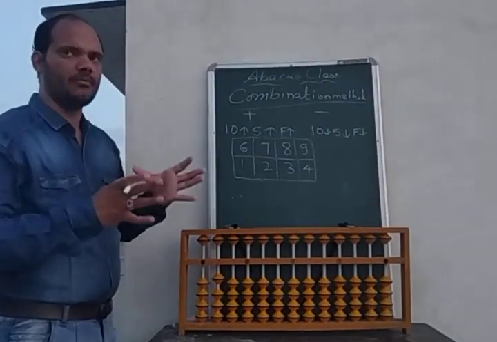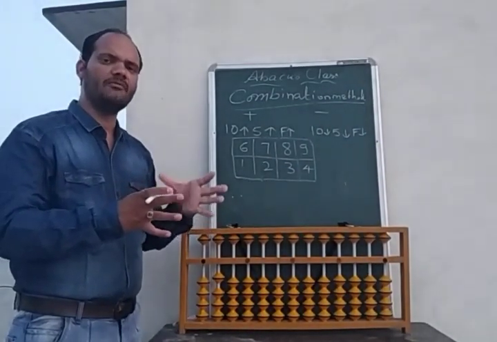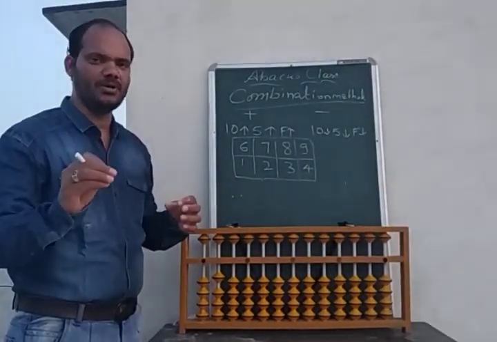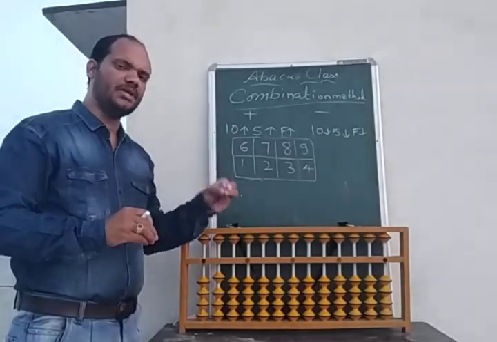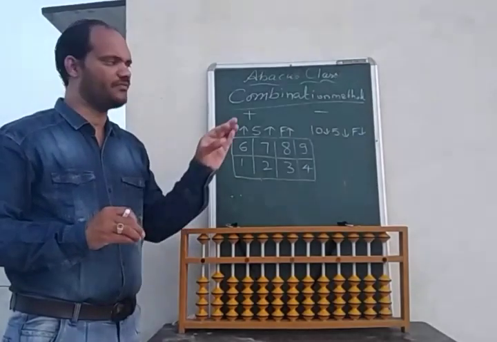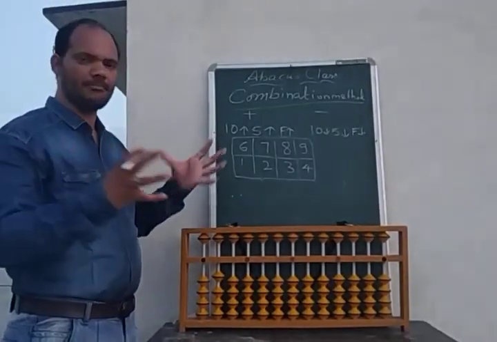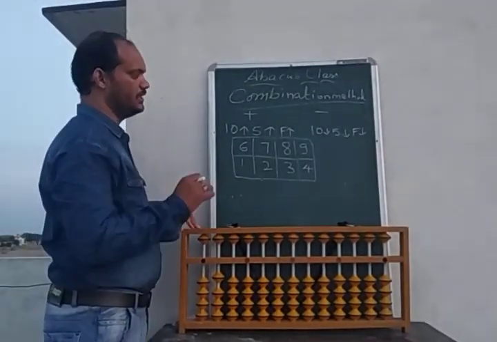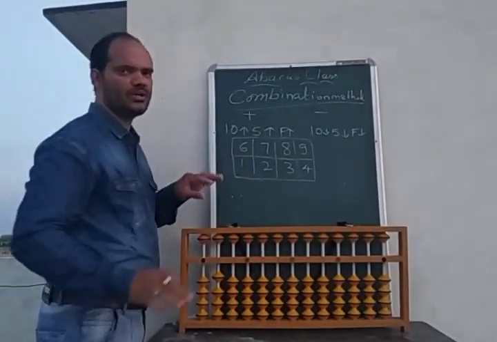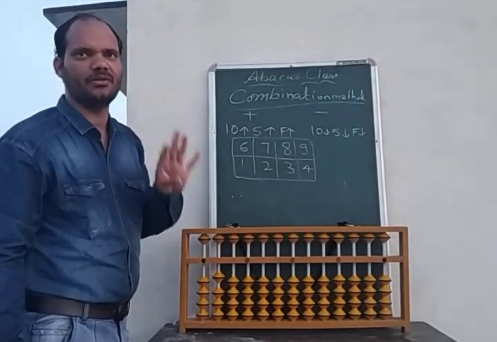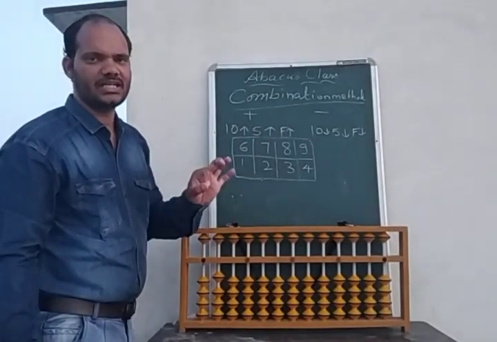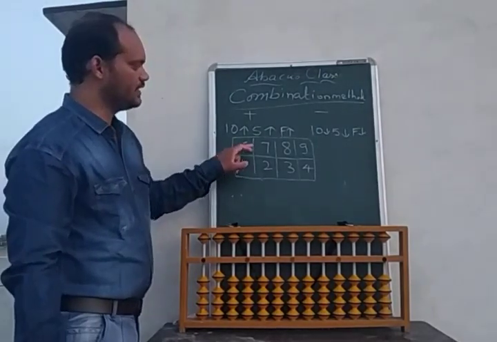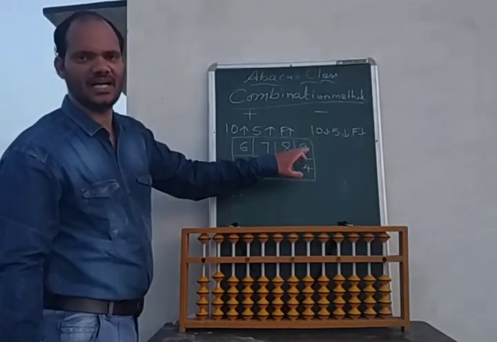What is the combination? Combination is the combining of the big friend as well as the small friend. In a small friend we use 5 bit up down, and in a big friend we use 10 bit up down and friend up down. So here we combine these. Only these 4 digits, 6, 7, 8, 9, will use the combination method. Just like in small we use only 1, 2, 3, 4, in combination we use only 6, 7, 8, 9.